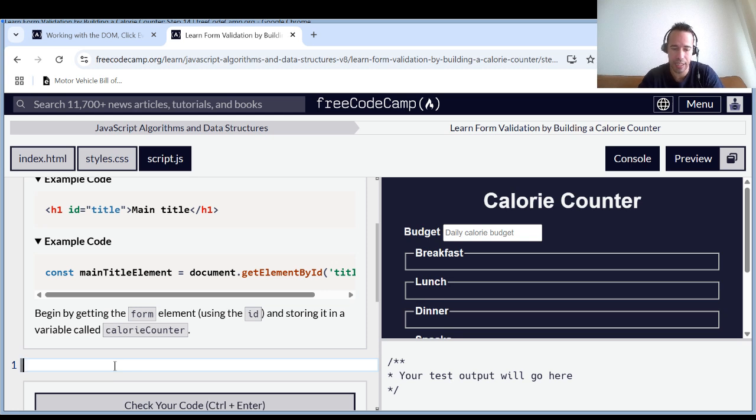So we wanna get a constant. We're gonna get the whole form. Okay, calorie counter, and then we got document using the DOM getElementById,